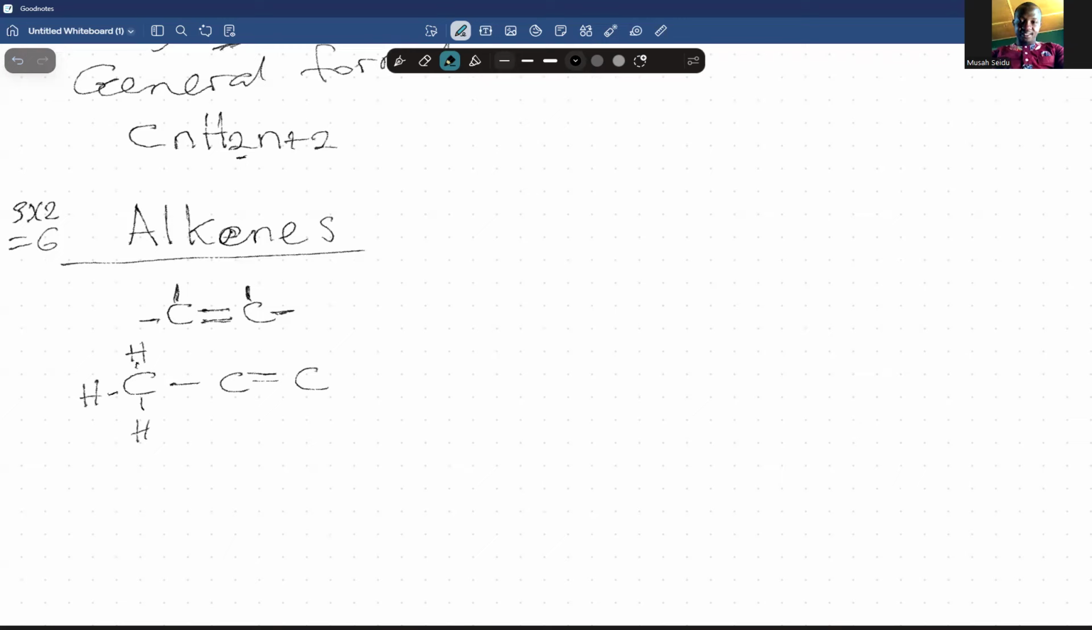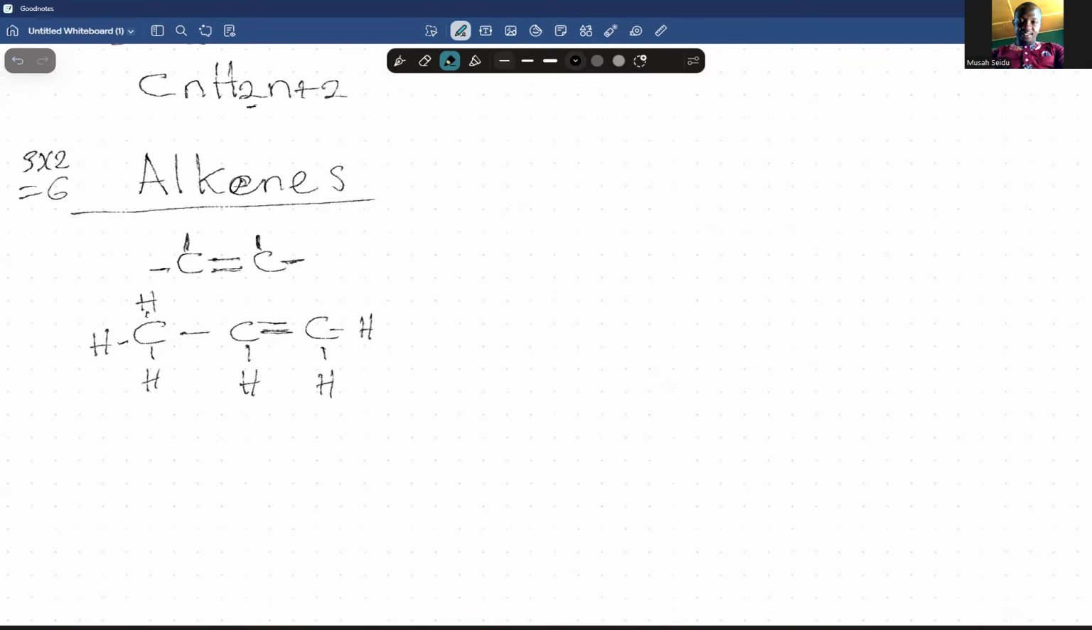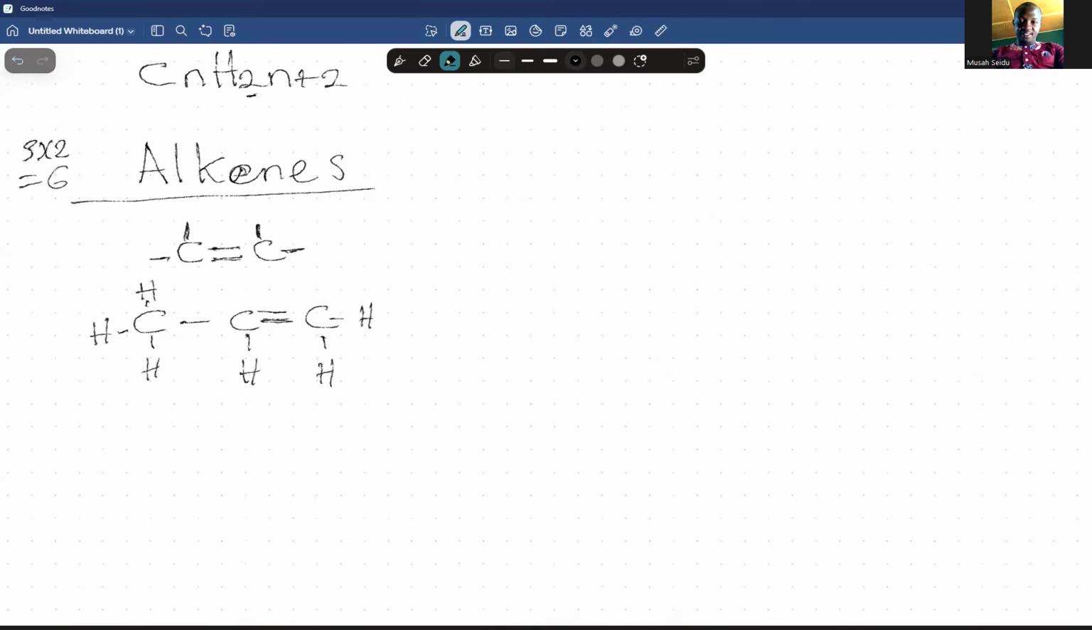and here, to arrange the bonds, this C has 3, so it needs 1 more to become stable. Then the last one has 2, so it needs 2 more to become stable. So this is an example of an alkene. So now, to write its condensed structural formula, the first